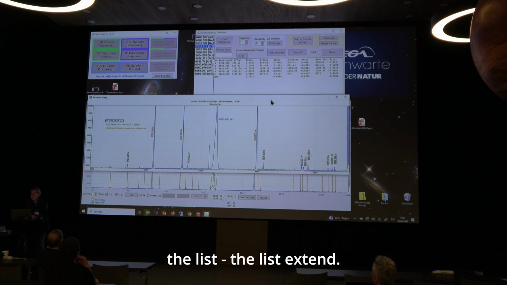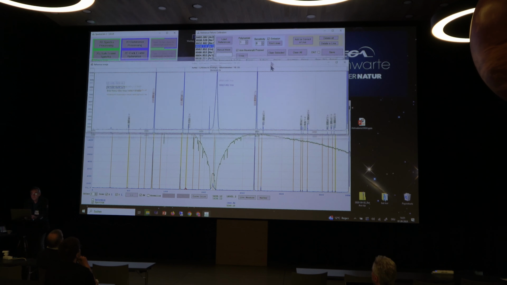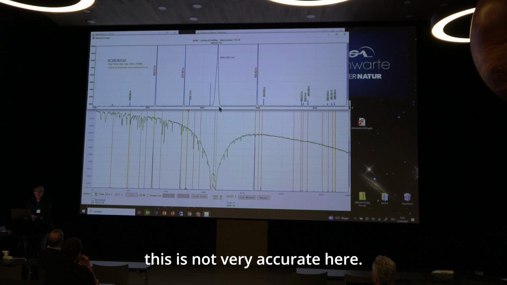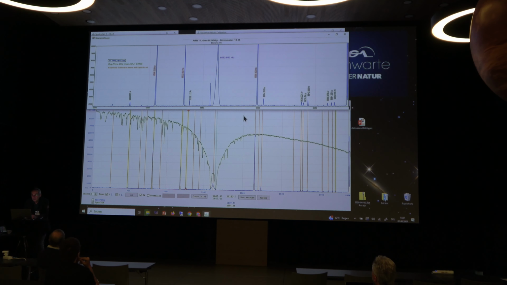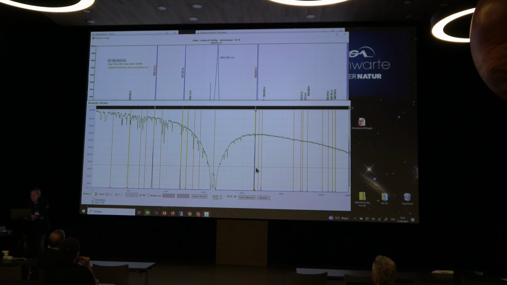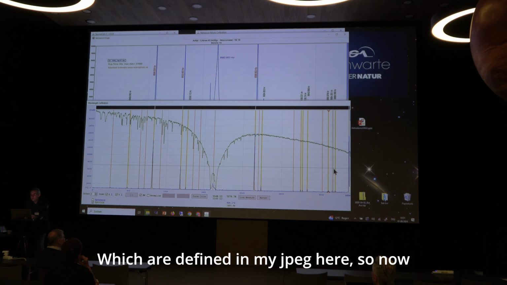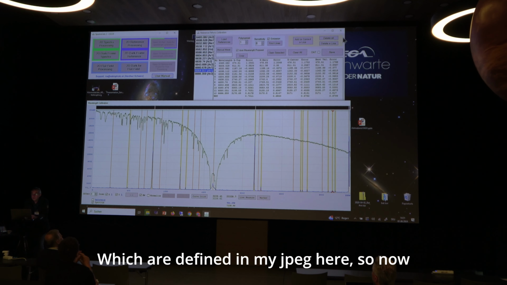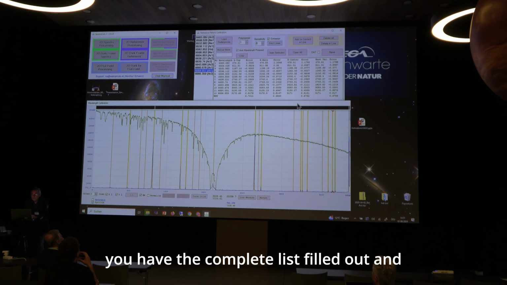if you look in the list, extend. I do not use the H alpha line. This is not very accurate here in this lamp. I use all other lines here, which are defined in my JPEG here. So now you have the complete list filled out,